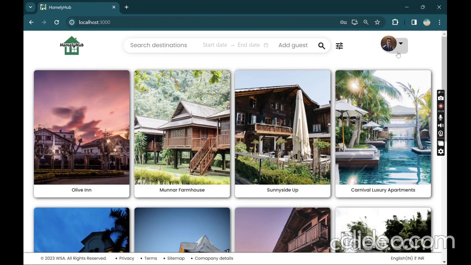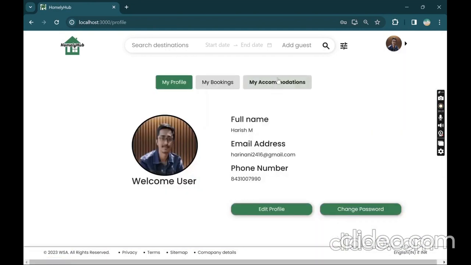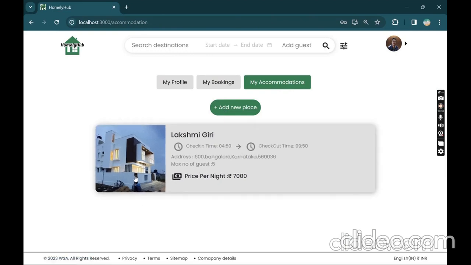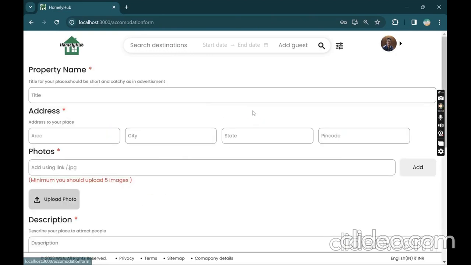And the last option which I want to show you is if you go to my account, there is my accommodation. See, this is the place which I added. Okay, you can add a new place. If you click on this add a new place, you can add the title, like let me select